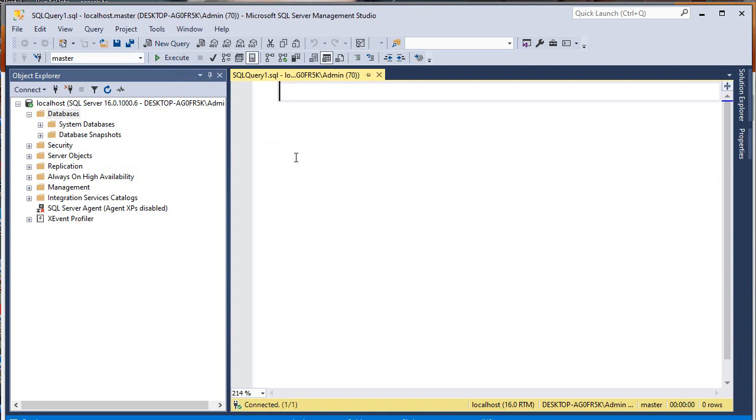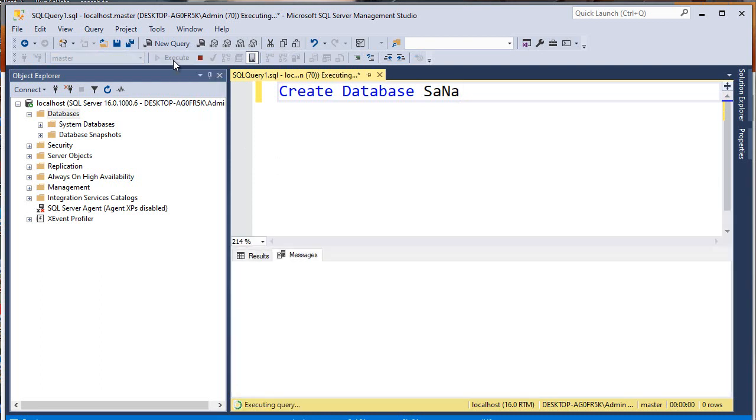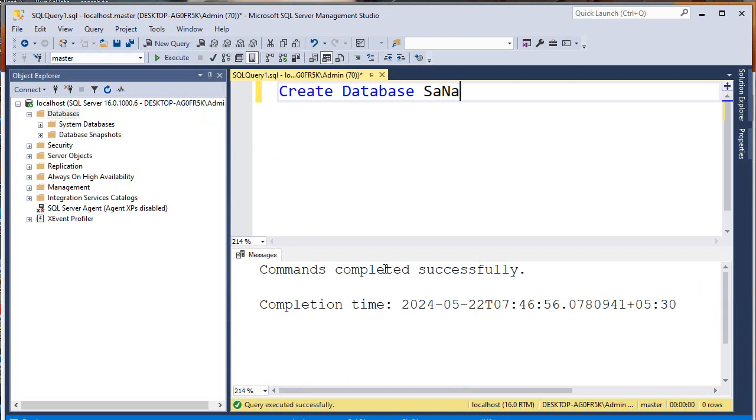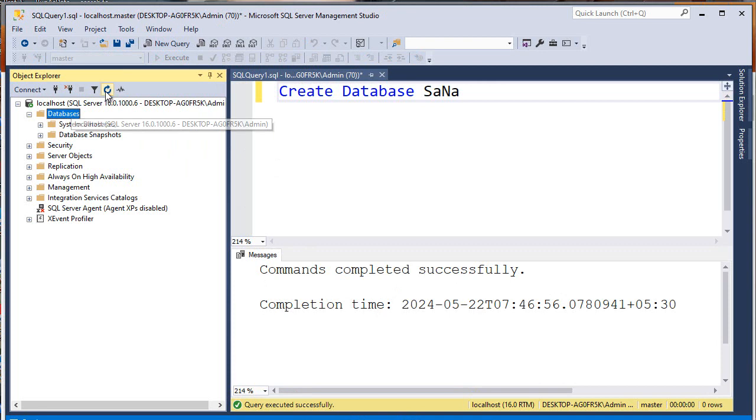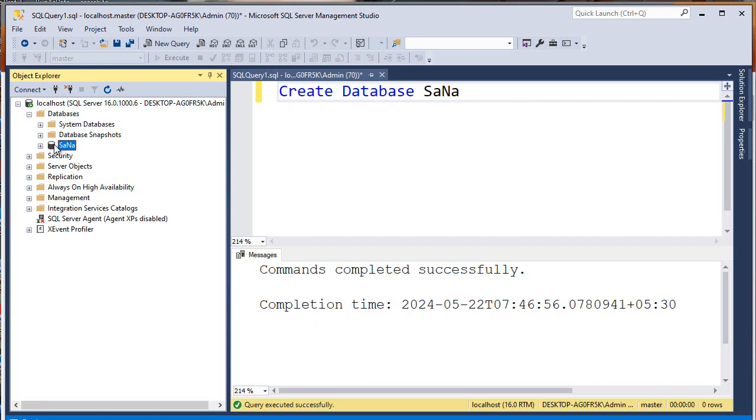I'm clicking on New Query and I'm going to write CREATE DATABASE SANA. Fine. Now I'm going to click on this Execute button. It says commands completed successfully. You don't see any database here yet, so I'm going to click on this folder and click on the refresh button so that we see the database created successfully. And if you want to see where this database is located in the computer, you can open